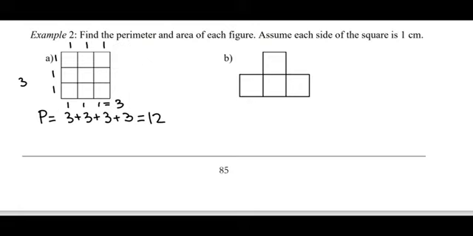Right? So that's how you find the perimeter. Literally just take your pencil and walk around your figure, counting what you have. Okay, so that's perimeter. Now the area, because each square is 1 by 1, I'm going to work on this